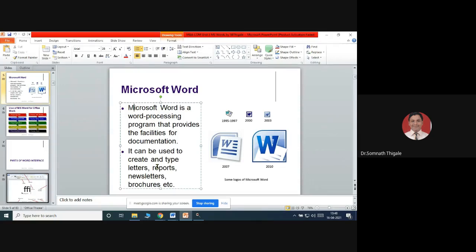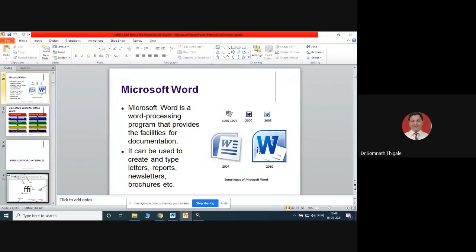To prepare the resume also you can use Microsoft Word. Business brochures, newsletters, any kind of document combination, presentation, very easily you can do with the help of Microsoft Word. So these are the different versions: 97, 2000, 2003, 2007, and 2010.